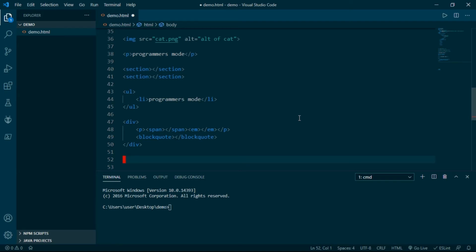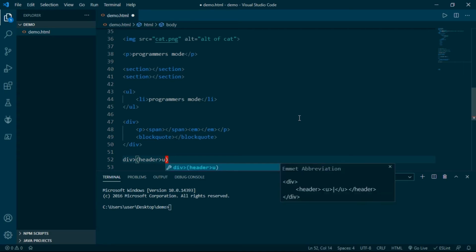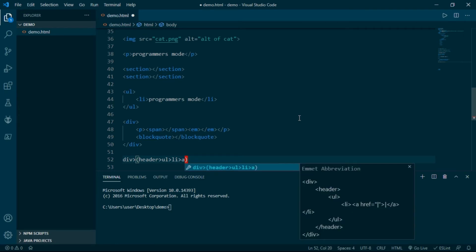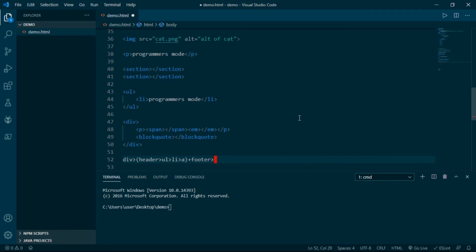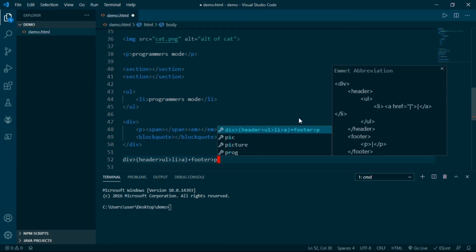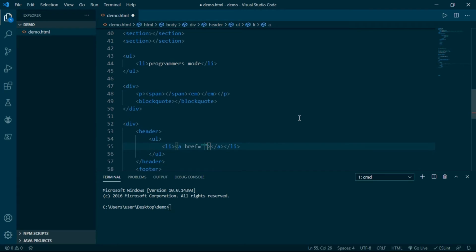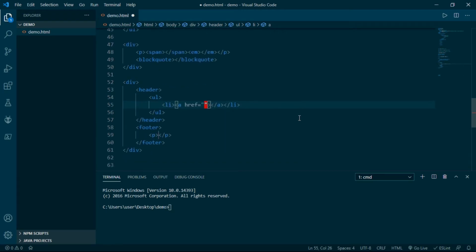For example, div > (header > ul > li, sorry my bad, and an anchor tag) + (footer > para), and I will simply hit enter. So here you can see I have grouped them all together without using the caret symbol. Here I simply make use of parentheses.